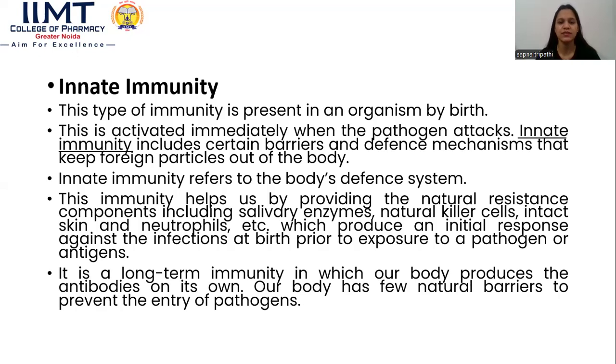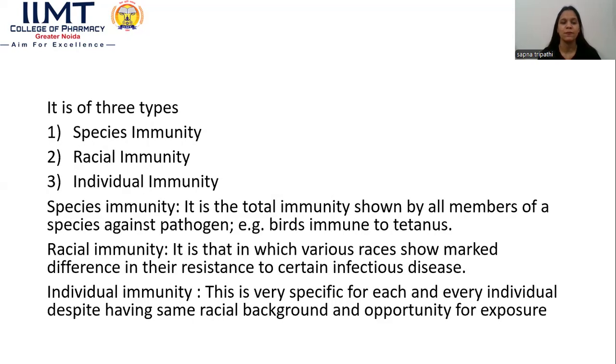This immunity helps us by providing the natural resistance components, including salivary enzymes, natural killer cells, intact skin, and neutrophils, which produce an initial response against the infection at birth prior to exposure to a pathogen or antigen. It is a long-term immunity in which our body produces the antibodies on its own. Our body has a few natural barriers to prevent the entry of pathogens. The innate immunity is mainly of three types: